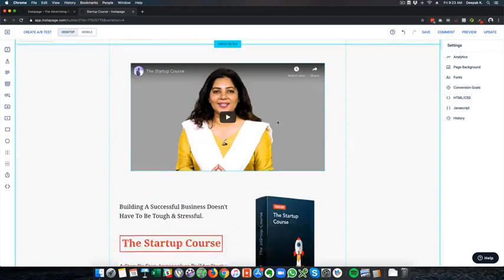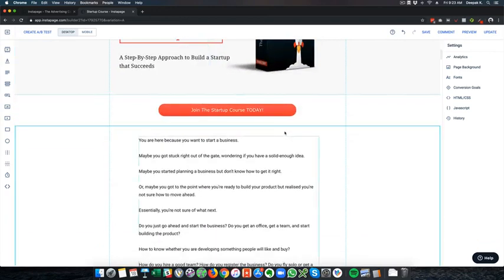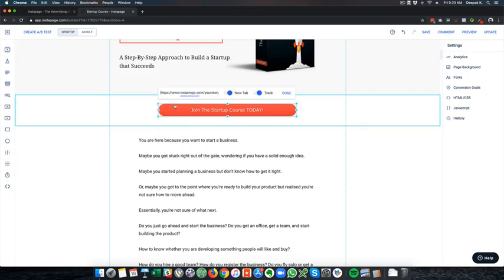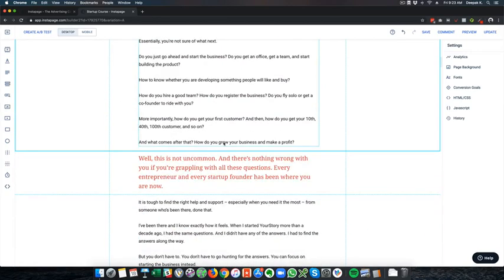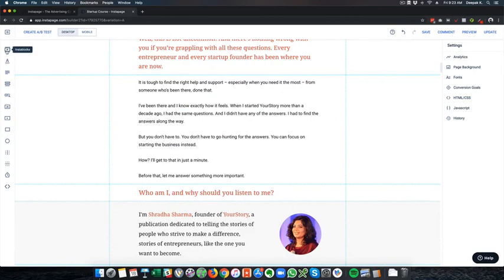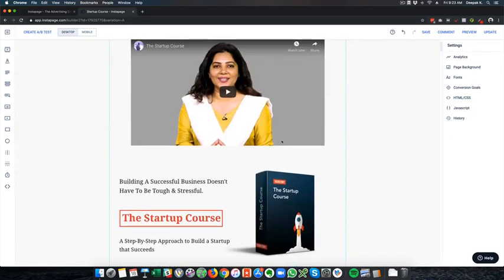Basically we have the video, we have the images, we have the call to action button. The call to action button, we can go ahead and link it. Here you can see this is the link, new tab. It will also track it. If I have to add a new image or new element, I just have to drag one of these things into here, and then I will be good to go.